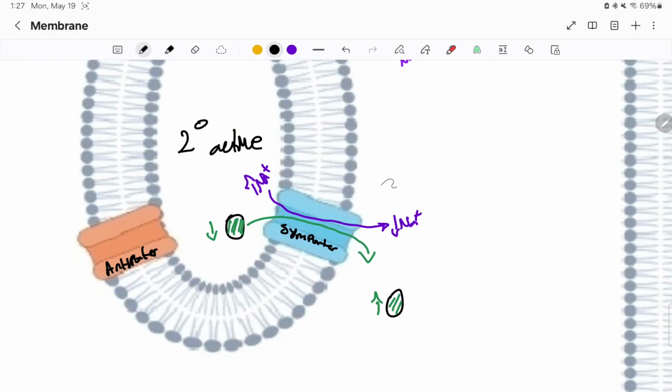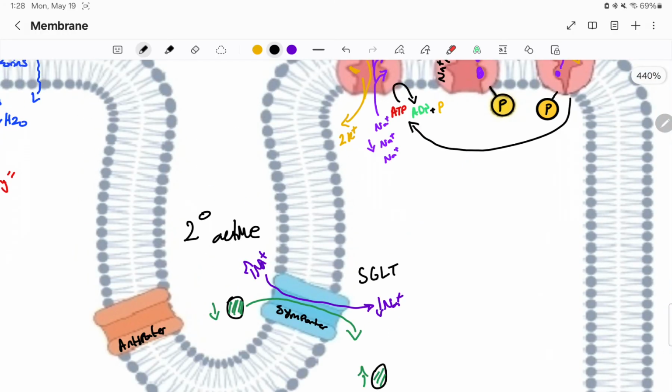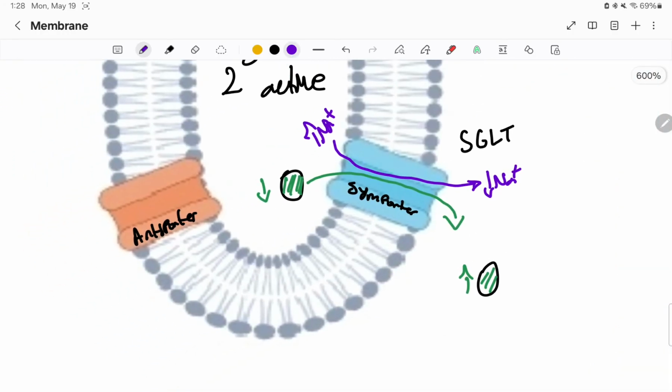And this specific transporter is called a sodium-glucose co-transporter, okay? So sodium-glucose co-transporter, or symporter, all right? And it's a form of secondary active transport. The other way is